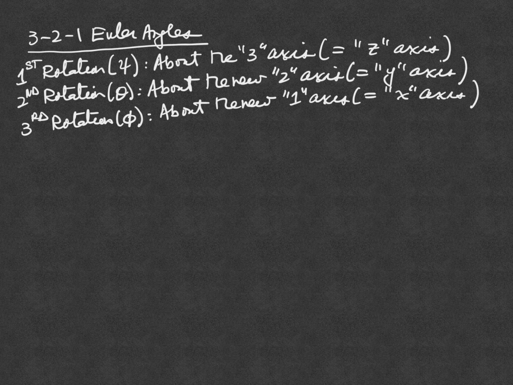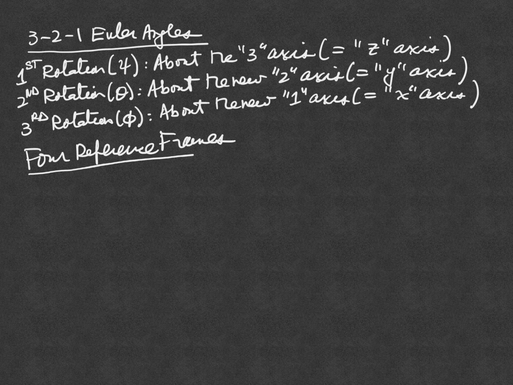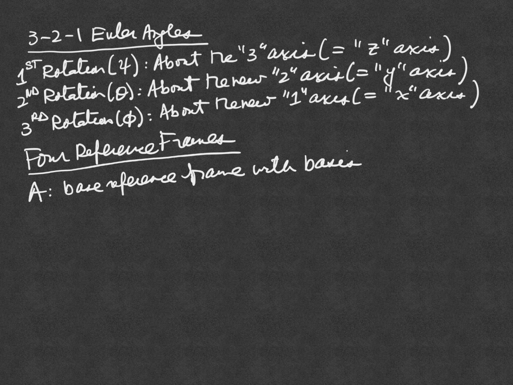So similar to 313 Euler angles, we need 4 reference frames, and we're going to call these reference frames the same names that we did before, which is A is going to be the base reference frame, and it's going to have a basis A1, A2, A3,